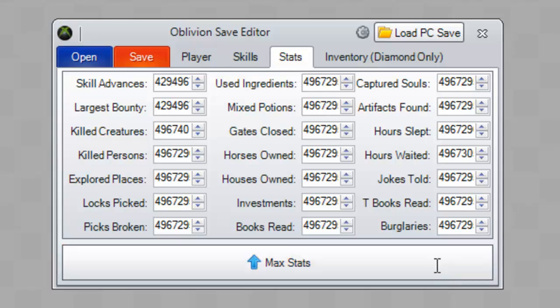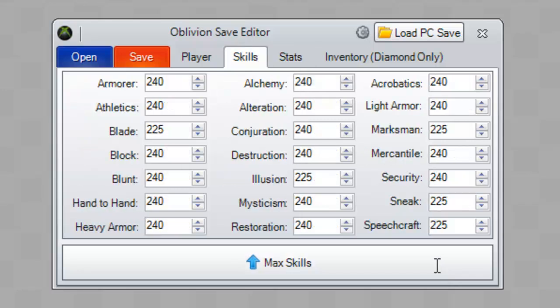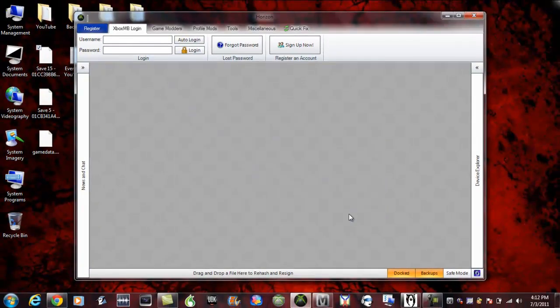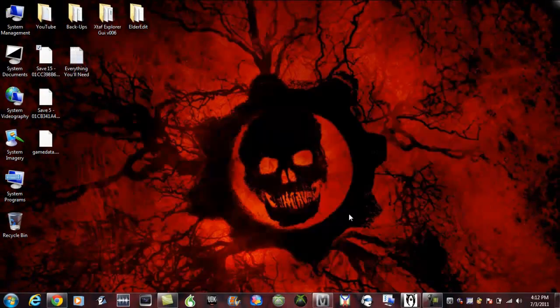It will revert back to 0. So I recommend just taking a few numbers off the top on anything that you know will change. Largest bounty, skill advances. If you're smart, neither of these should change. So once you're done with that, save, rehash, resign, X out, and then you can X out of this program. Actually, you don't really need it anymore unless you want to go back and change something in